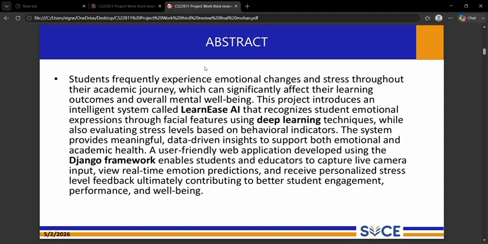We used Django to develop a web application, which allows users to capture images through a camera and receive real-time emotion and stress predictions. The overall goal is to provide useful insights that support student engagement, academic success, and well-being.